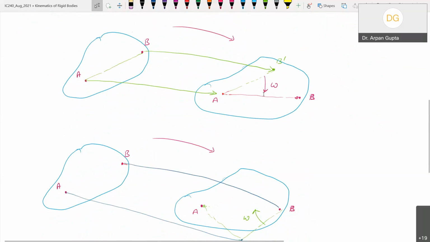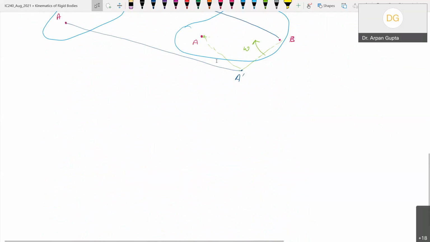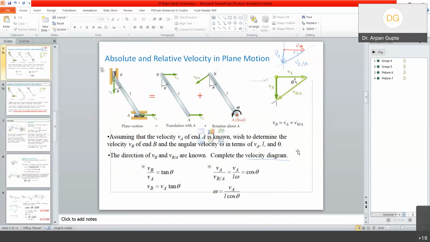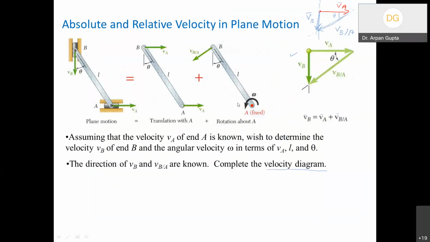So again, angular velocity is of the rigid body. I would like to correct that it's not just angular velocity about a point, but it is the angular velocity of the rigid body. So the velocity of a particular point and the angular velocity of the rigid body, we can express the motion of any general rigid body. We use this concept for this example, what you can see on the slides here.